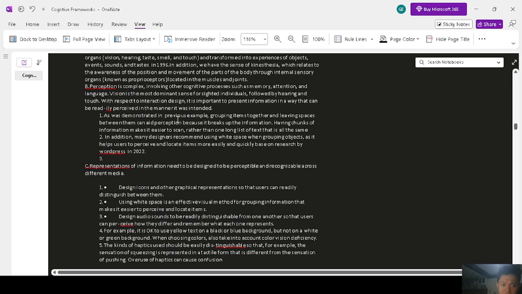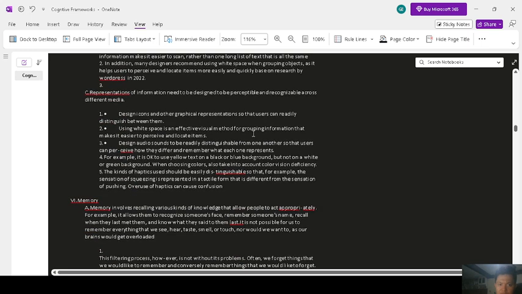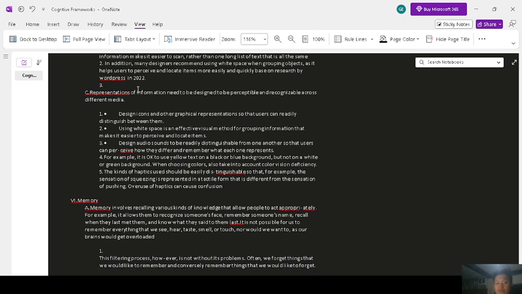As was demonstrated in the previous example, grouping items together and leaving space between them can aid perception because it breaks up the information. Having chunks of information makes it easier to scan than one long list of text that is all the same. In addition, many designers recommend using white space when grouping objects, as it helps users to perceive and locate items more easily and quickly, based on research by WordPress in 2022. So our company tools usually do this. They use a white background because, based on recent research, it helps the user